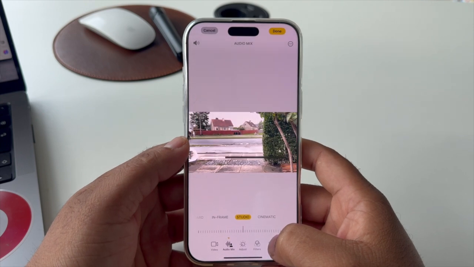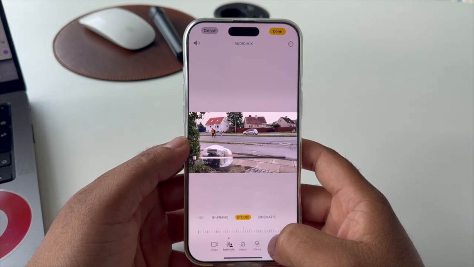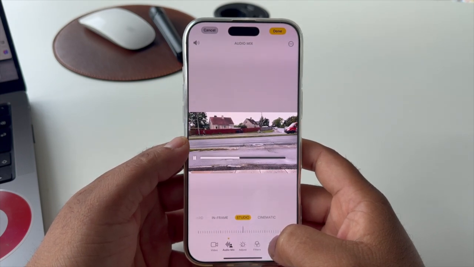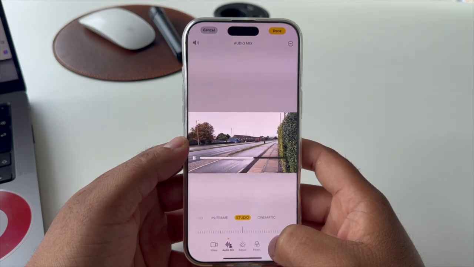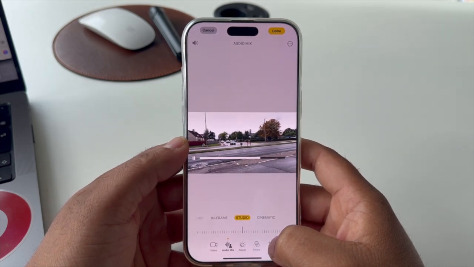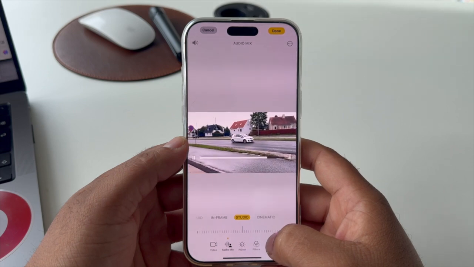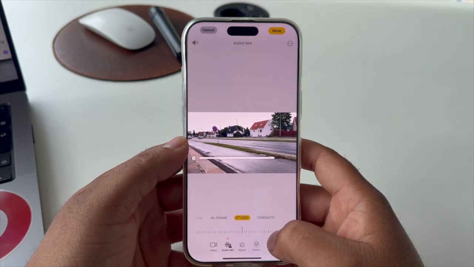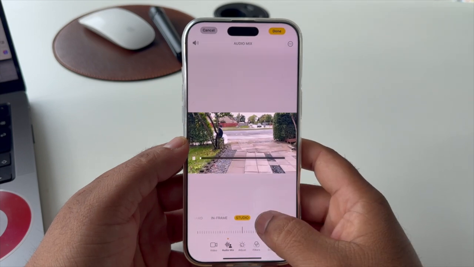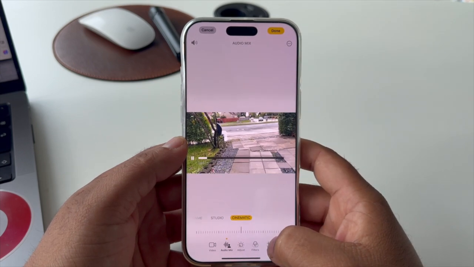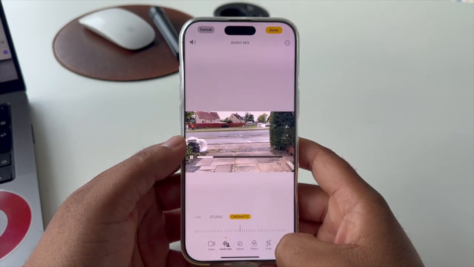Now studio. As a demo, I record this video. Studio voice is amazing, and I'm capturing the voice, which voice is recognized properly, and you can see here the voice is coming properly, my voice, vehicle voice and other noise. And cinematic, as a demo, I record this video,